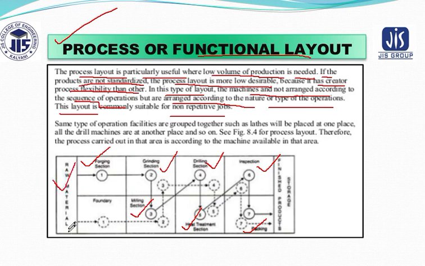But if this is the raw material, then it can go through any of the steps that are required to get your finished product. So if you want to generate a product, don't think that in process or functional layout the entire operation will be arranged in a sequential manner. Instead, they are arranged in the way the machines have been kept, and if you want to perform the operation, like from 1, here it went for 2, then it went for 3, 4, 5, 6, 7. So any operation can go for any track.